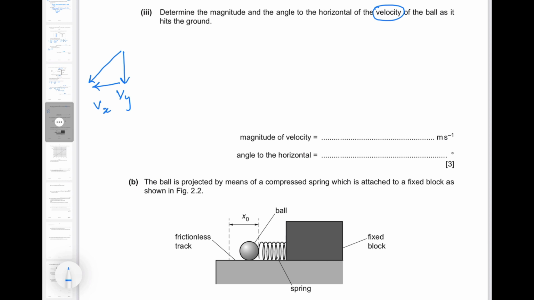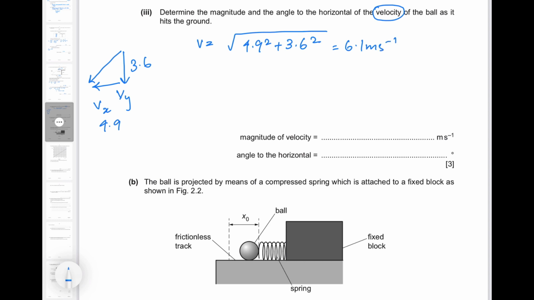Vx, the horizontal velocity, which does not change, would remain as 4.9, and Vy, which we just calculated, would be 3.6. And so hypotenuse squared is equal to adjacent squared plus the height squared, which means, using Pythagoras theorem, this velocity would be equal to the square root of 4.9 squared plus 3.6 squared, and this is equal to 6.1